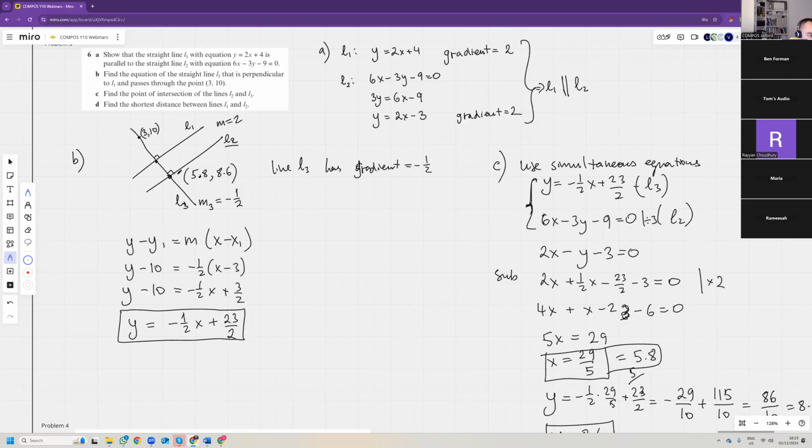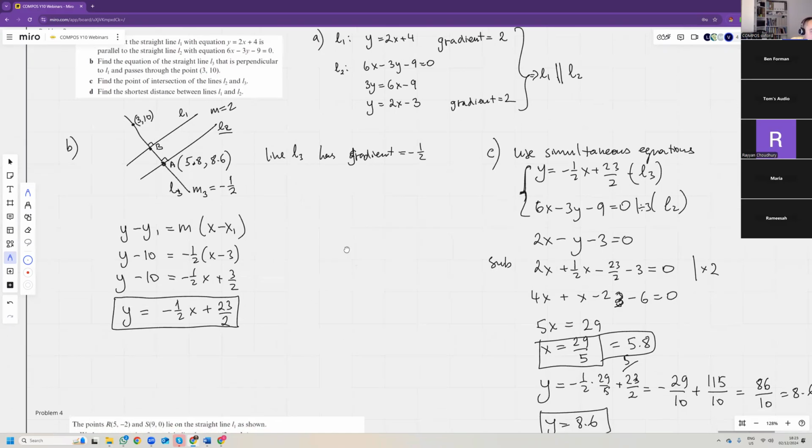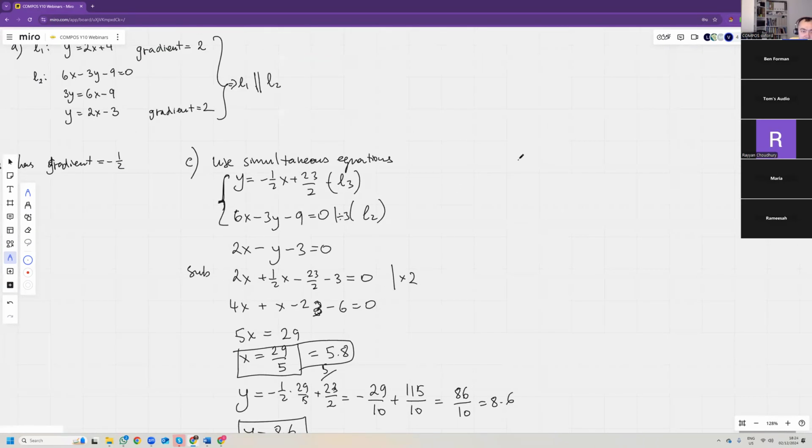So let's call this A, and this is B. C, D. Shortest distance is the length of the perpendicular